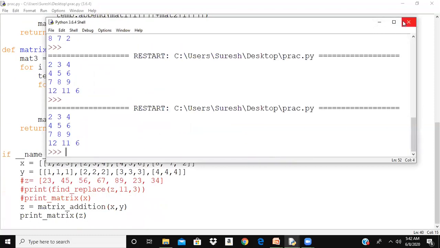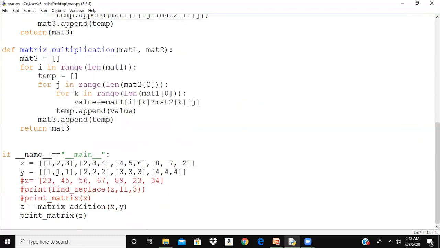Okay, I need to multiply the elements now. If I want to multiply matrix 1, which is 3 by 4, with another matrix, the other matrix should be 4 by 3. Or we can simply take two square matrices, that will work very fine for us.